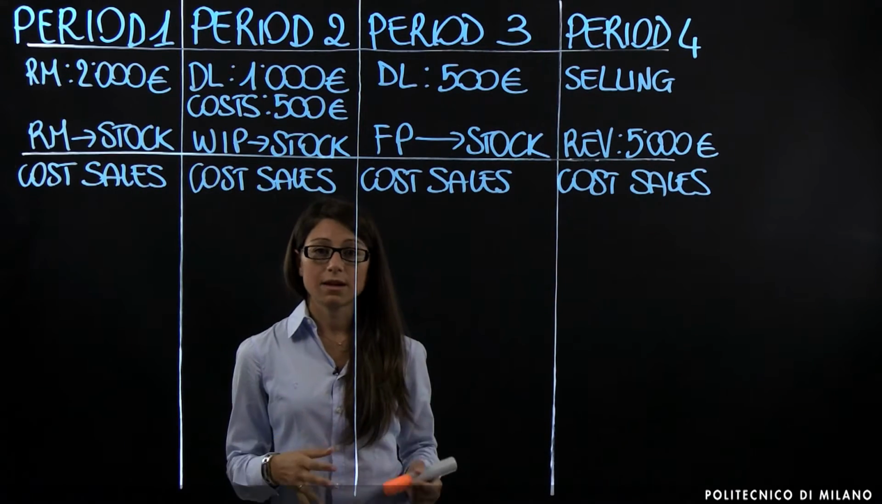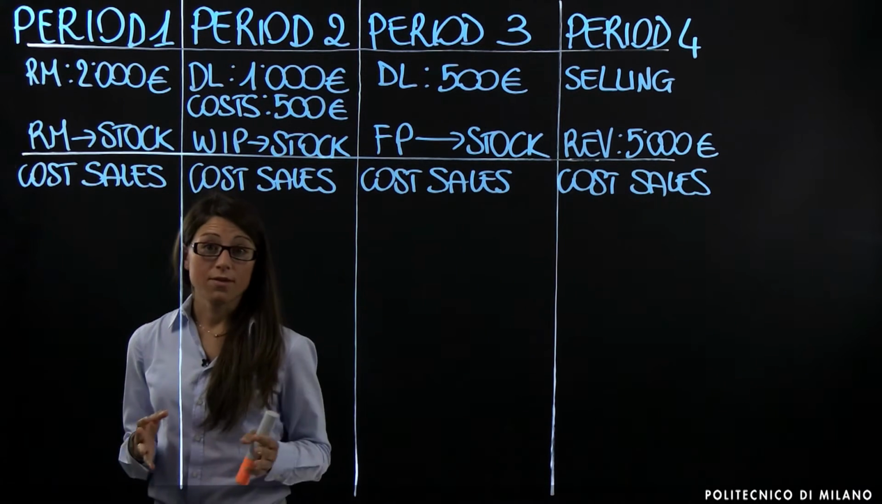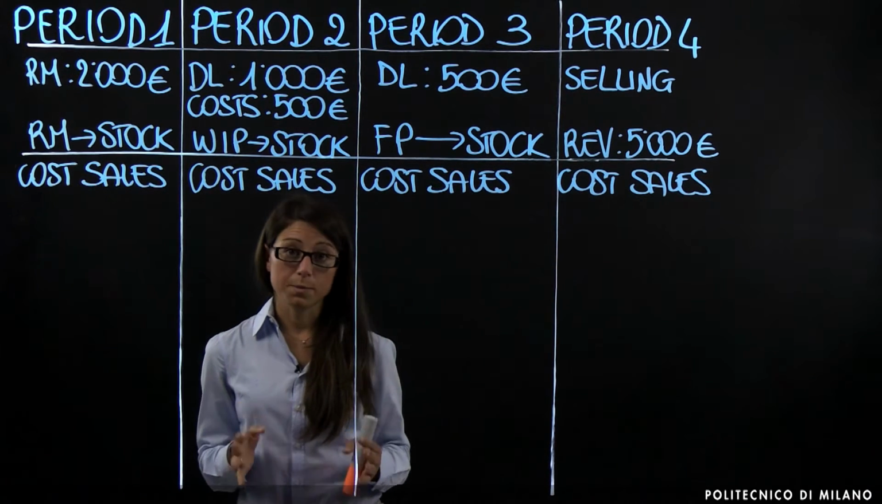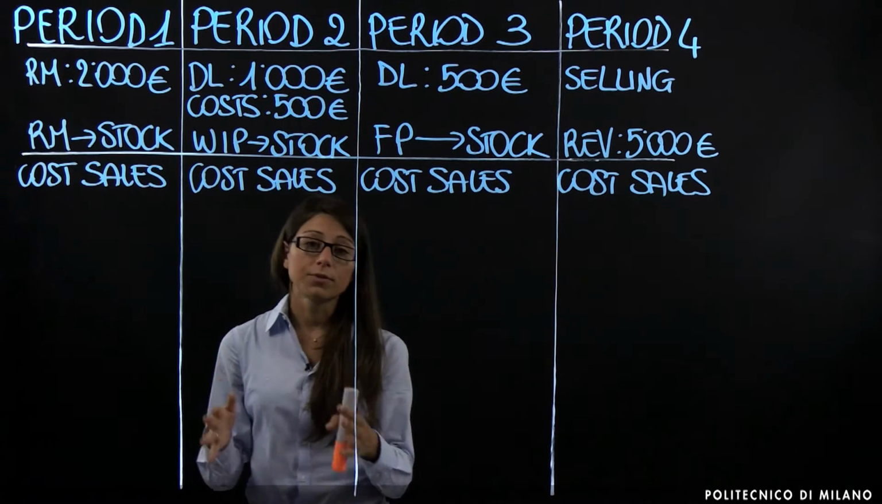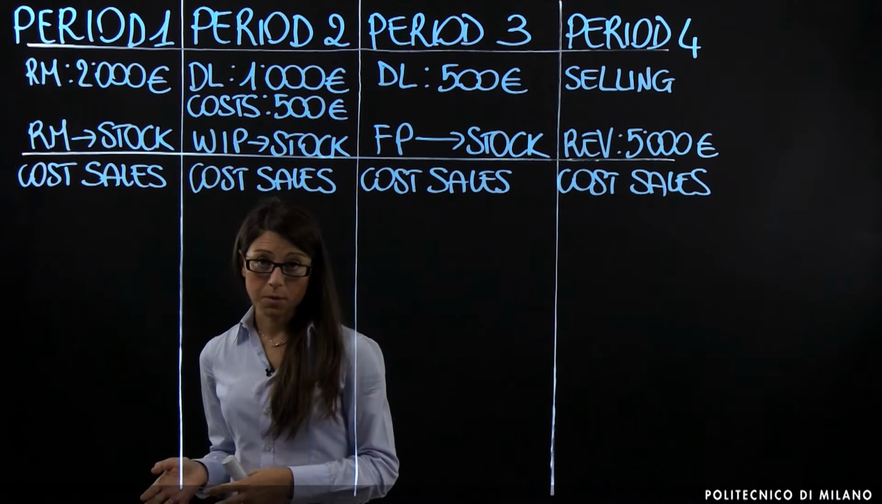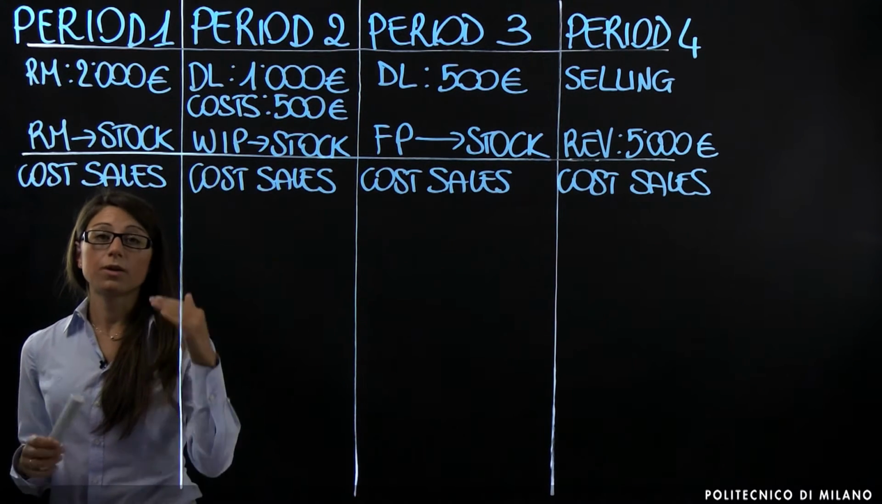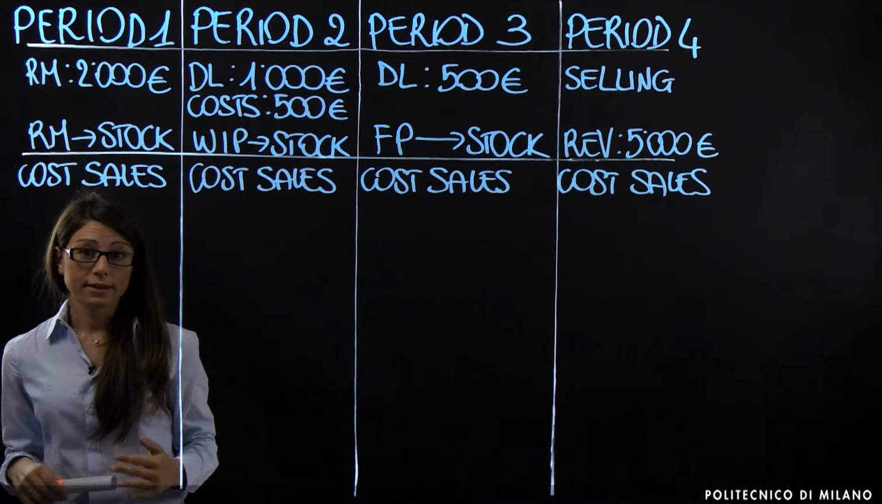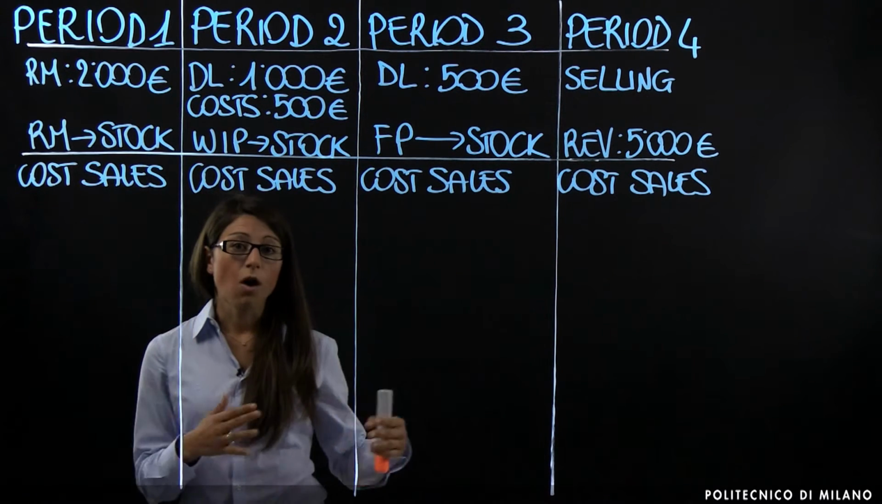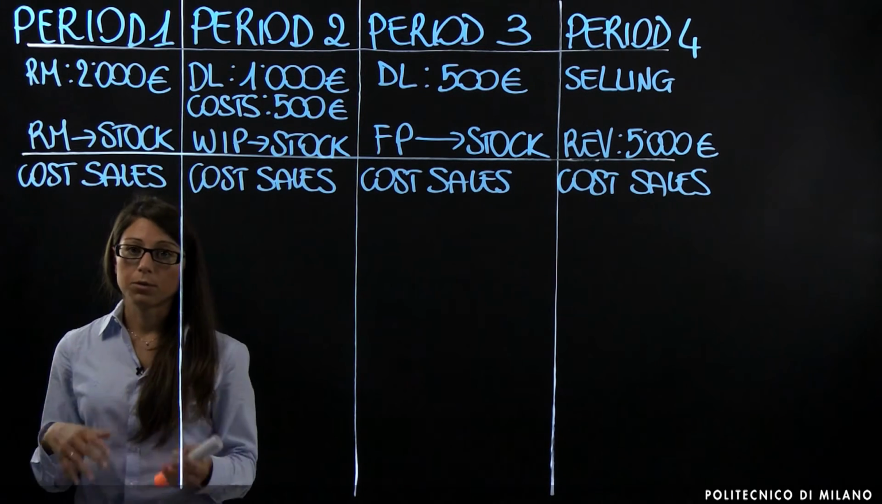Class, we will see with an example the impact of inventories on profit. Assuming that we have a company that produces bags, and we have data about the production of these bags for different periods. Let's start from period 1. What is required is to calculate both the cost of sales and then the gross profit of each of the 4 periods,